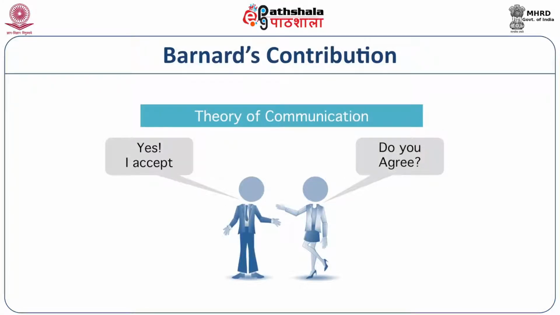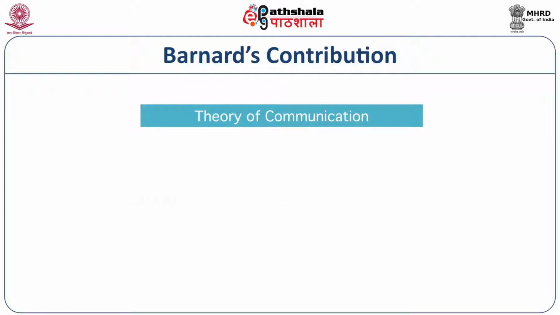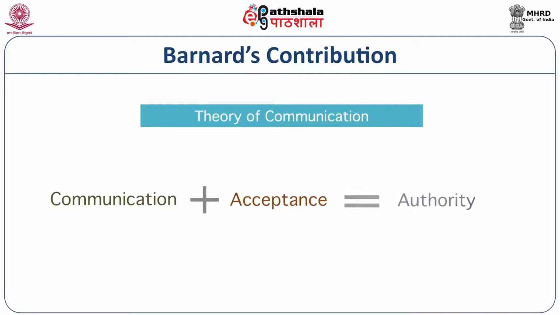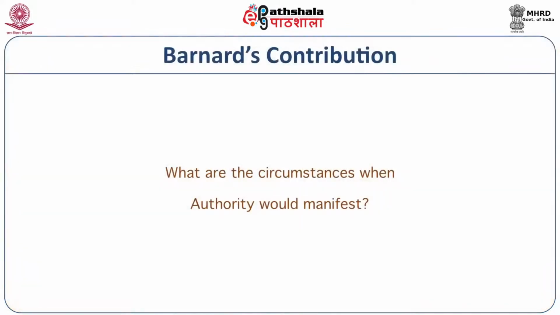So, to put it in the form of a formula, we can say that communication plus acceptance is equal to authority. Let me just repeat. Communication plus acceptance is authority. Communication minus acceptance is not authority. And so, what is the basis of acceptance? Under what circumstances would a subordinate accept the superior's communication? He lays down four conditions for communication to meet with the acceptance of the subordinates. Condition number 1,